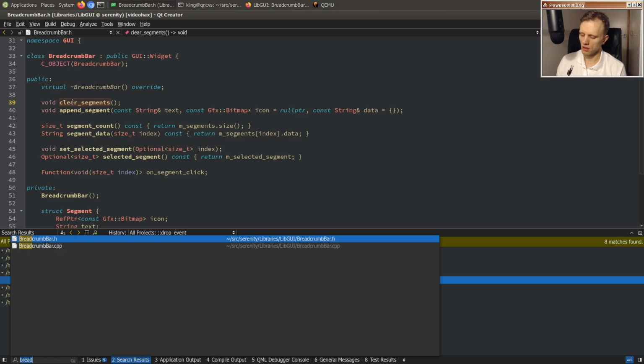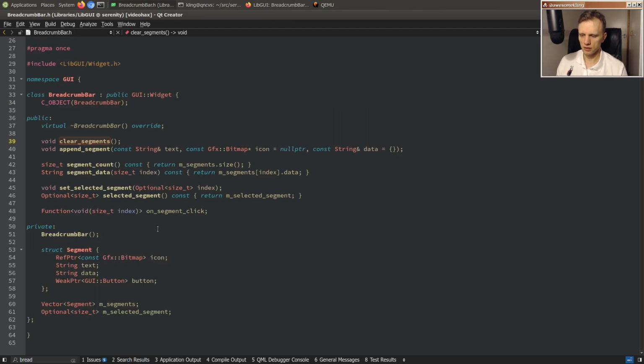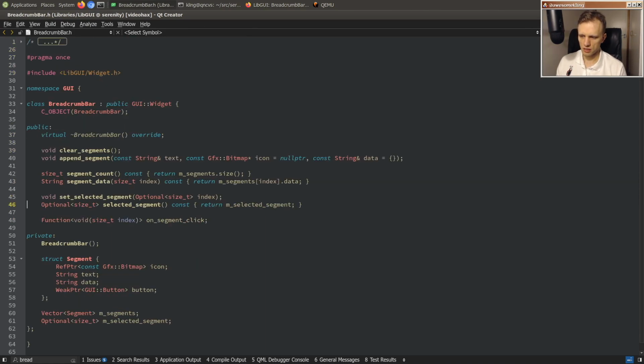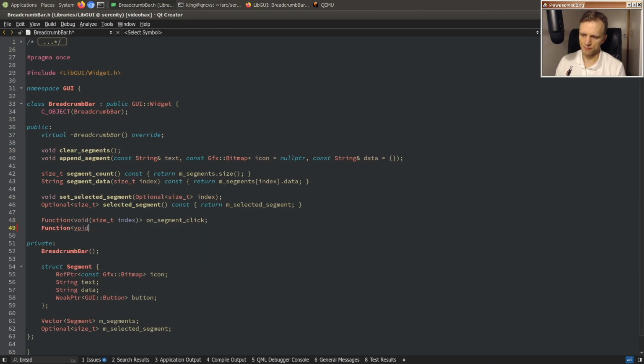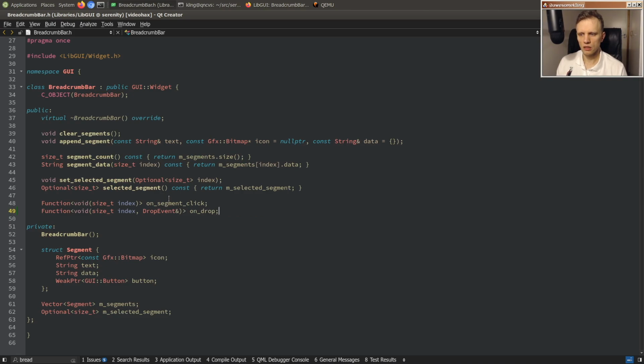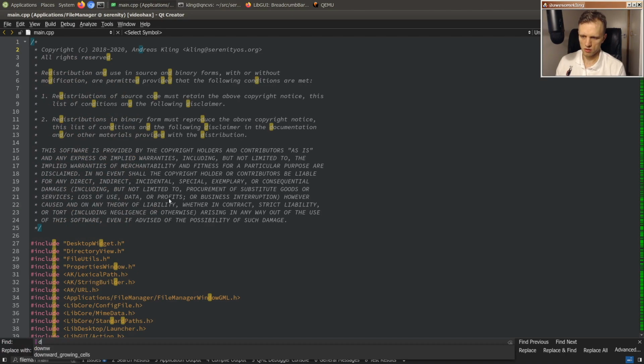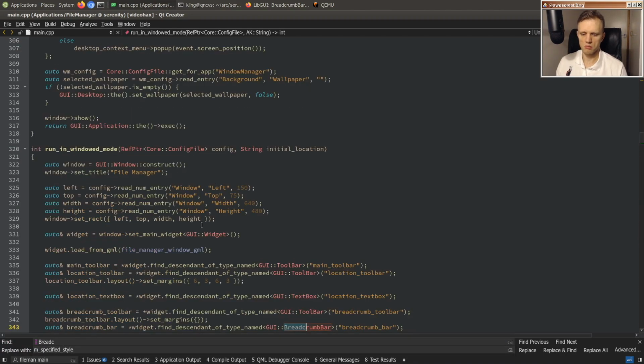And then let's see, so breadcrumb bar, we currently have on segment click. So I'm thinking that what if we just had a similar thing here, like give you the segment index and a drop event, on drop. Yeah, and then in file manager, breadcrumb bar,